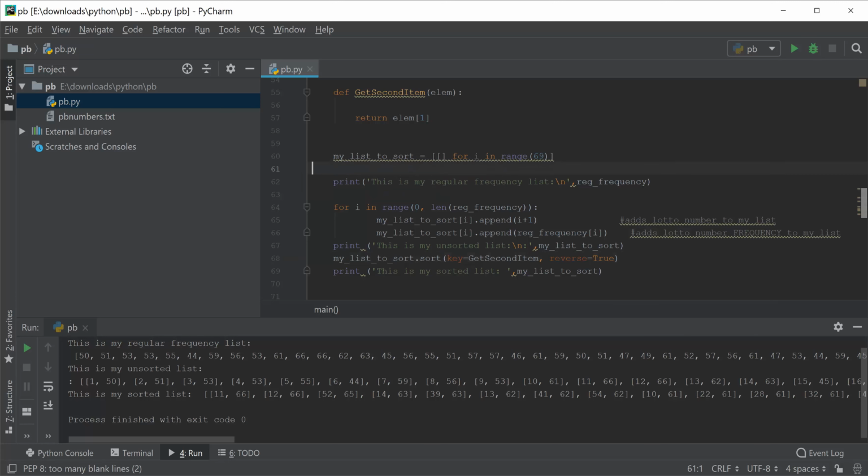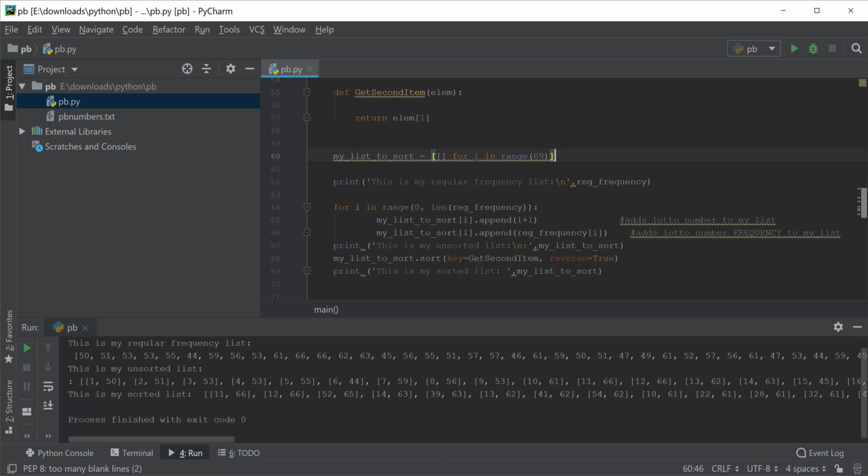What you would be doing is, you define your list variable, your object, and you're going to have two left brackets, a right bracket for the inner element, and then for I in range 69, because you're going to have 69 numbers. And then once you define that list, you'll be running code to actually append to it. It has 69 elements in it, but